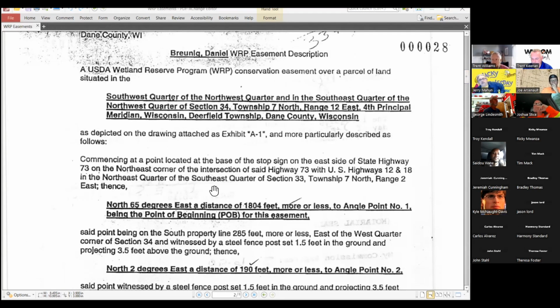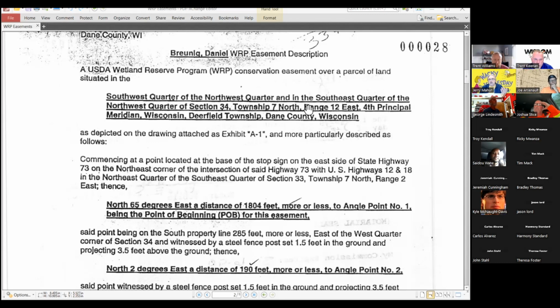And the USDA, through the National Resource Council or whatever the old soil service was, started a program called conservation easements, where they would put a conservation easement on the property and prevent that property from being disturbed, to protect it for the wetlands and all that type of stuff, which is a pretty good idea. But instead of contacting the local surveying community to help put together these descriptions, they just went out there and started surveying themselves. So this is a typical one that we encountered right off the bat. And we had long discussions with the USDA about this stuff.